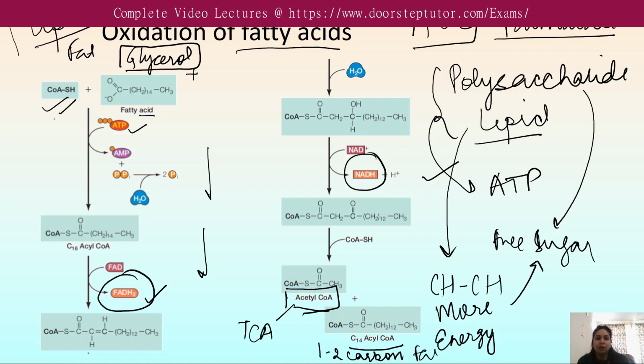So this is how the oxidation of fatty acid generally takes place, and since 1 ATP is used to start the process, the net gain is 130 ATP per molecule of